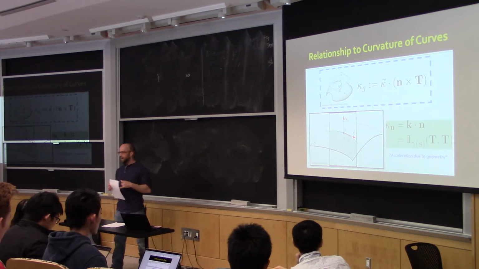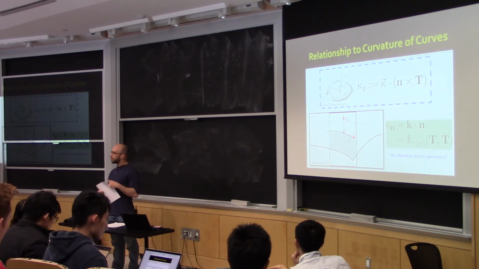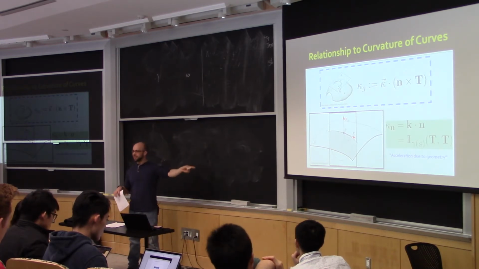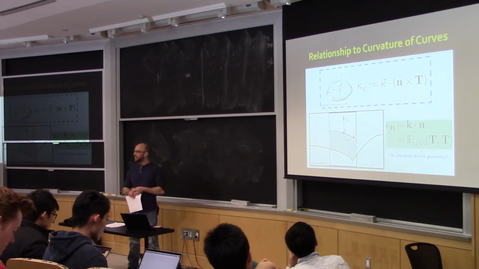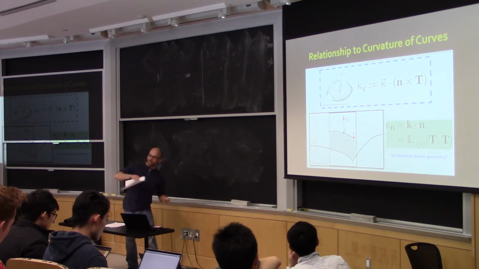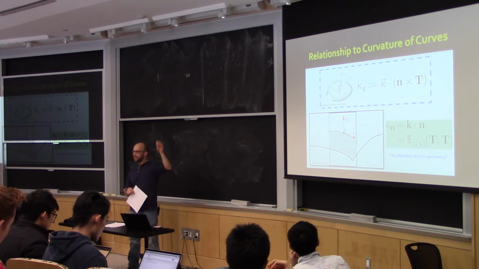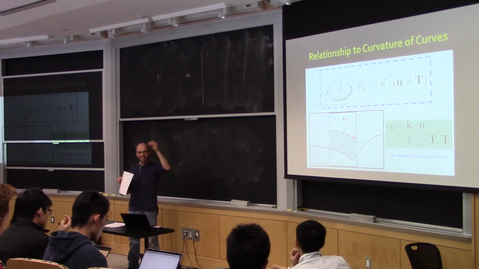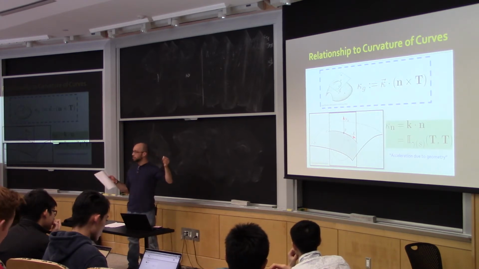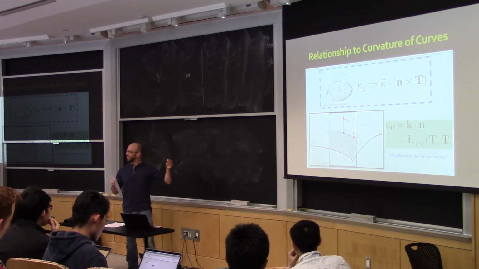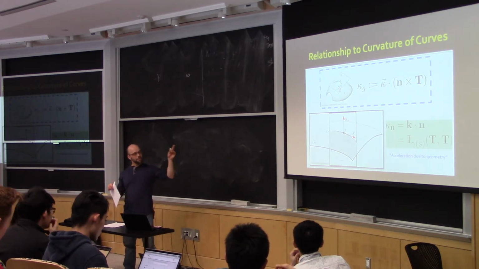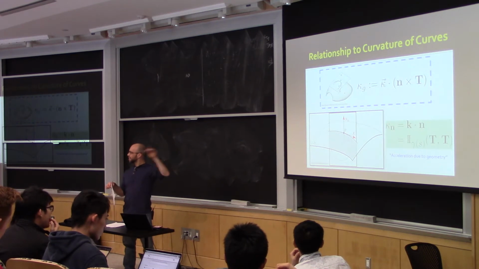So in this case, there's something that's a little bit strange about the language here. Even this I remembered to warn you about, and then I still got it wrong. There are two different normal vectors involved. On the one hand, there's a normal vector to the curve as the car is driving. I'm going to use big N to denote that. I noticed one of many sloppy things in the course notes is I forgot to do that halfway through. You should tell me if you're actually reading them and you find typos. And then there's the normal to the surface, which is little n. Those are not the same.